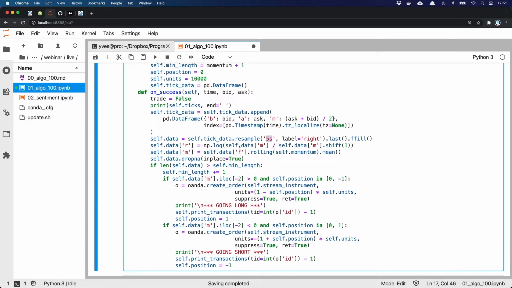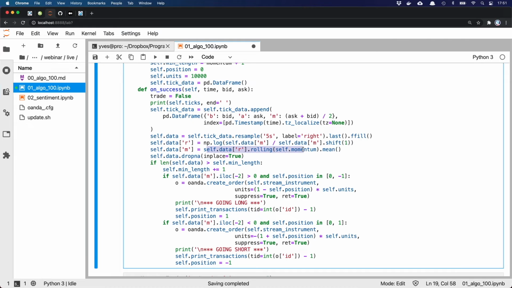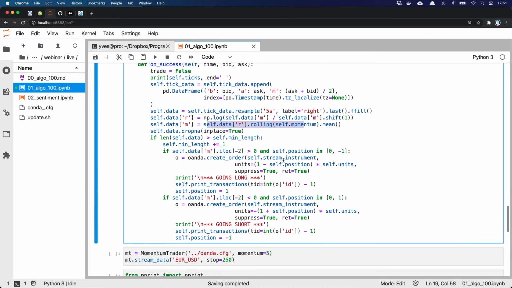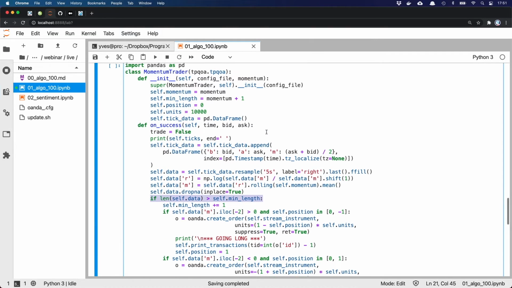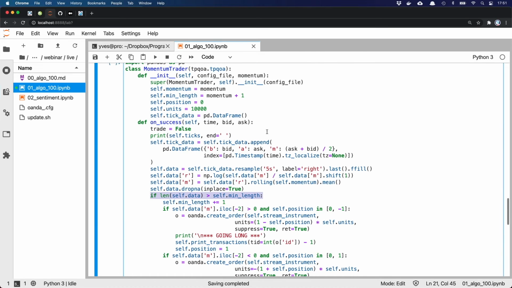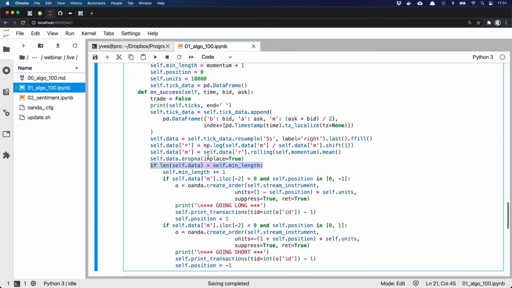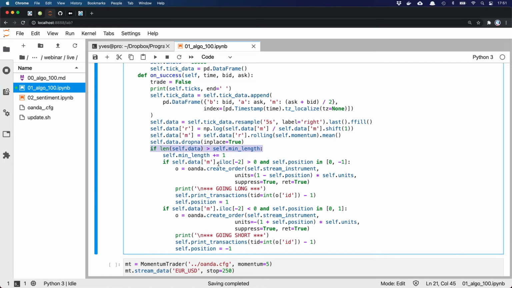But for the AI machine, I've prepared an example. I hope it is still running properly. Then I calculate my returns. I generate the signals here, right? And then we go here with our logic, and we only get started when we have enough data. So this if clause here is simply related to the data length, because I get started with an empty data frame, and for my momentum value, which will be 5, I need like 25 seconds worth of data. So that's what I need.